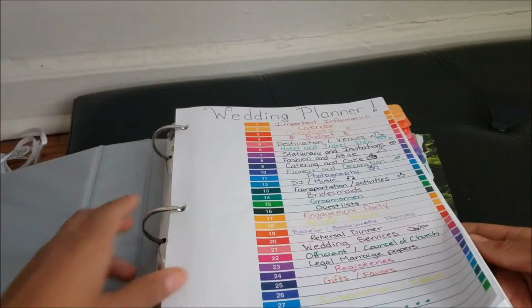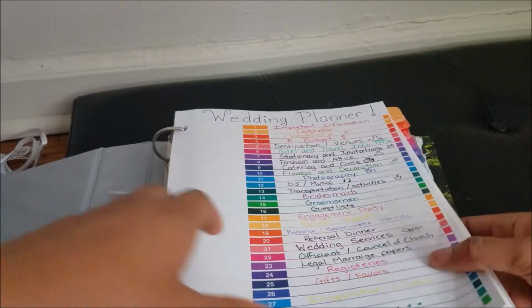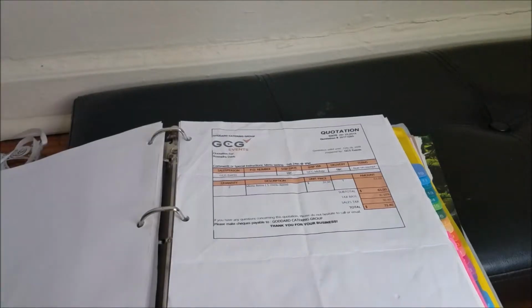Now we're to number 9. Number 9 is catering and cakes. So FYI, go to the destination that you want to have your wedding at. It's very important for you to see what you're going to get if you've never been there before. If you have been there before, well, obviously it won't be that hard for you to see and investigate. But when we actually went a few months ago to see what Jamaica would be like, because I had never been and my fiance has,